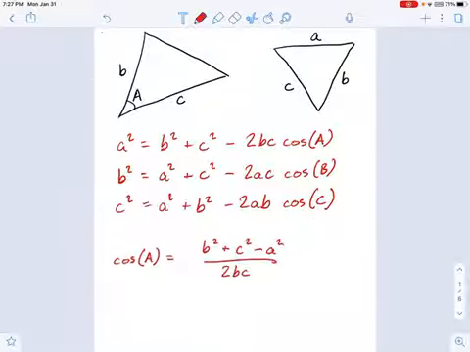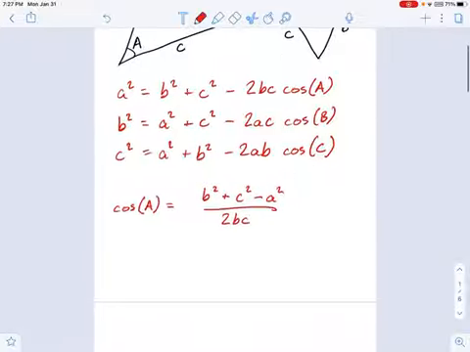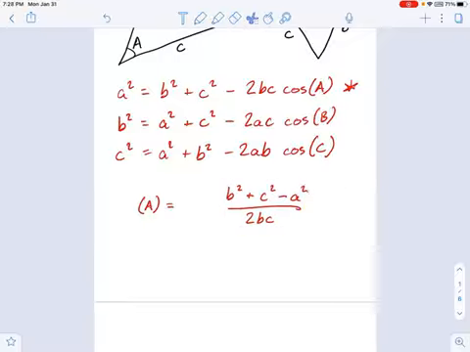And now I want to talk about the angle derivation. So you have here cosine A, and you'll see that that's just a rearrangement of this first one. All I did was rearrange that first one to get cosine by itself right there. So you get cosine by itself, and then your next step is do the inverse cosine, and you're done. Here's what I'm talking about. We find cosine of A, and then I say, oh, wait a minute, that just means the angle A is the inverse cosine of this whole thing. So you calculate that nasty fraction, take the inverse cosine of that, that's your angle A.